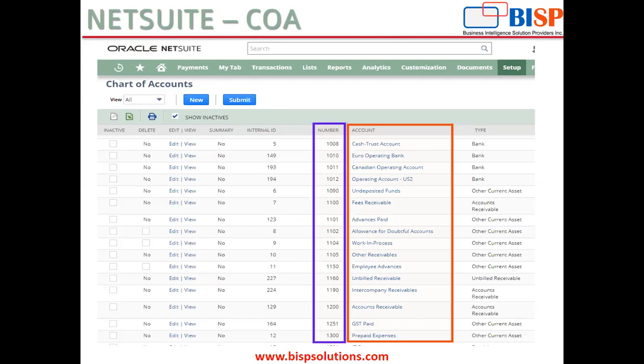Hence, as you can see, in a NetSuite chart of accounts, the only two important elements that I provide at the time of introducing an account into my COA are the account number and the account name. All the rest of the information, be it your currency, subsidiary, department, class, location, everything can be provided and classified as and when you enter the financial transaction into your books of accounts. Moving on to our NetSuite application.